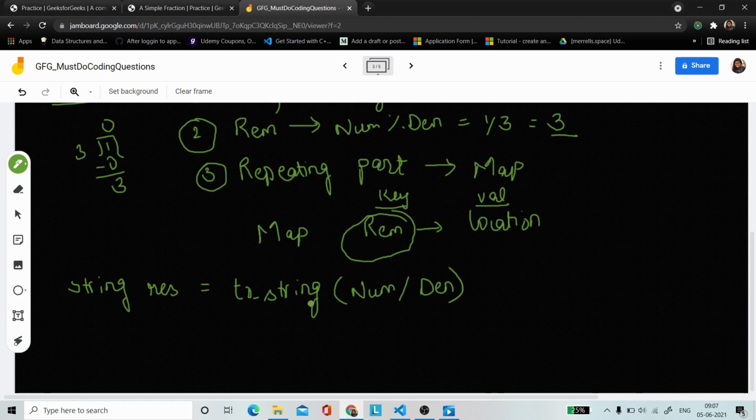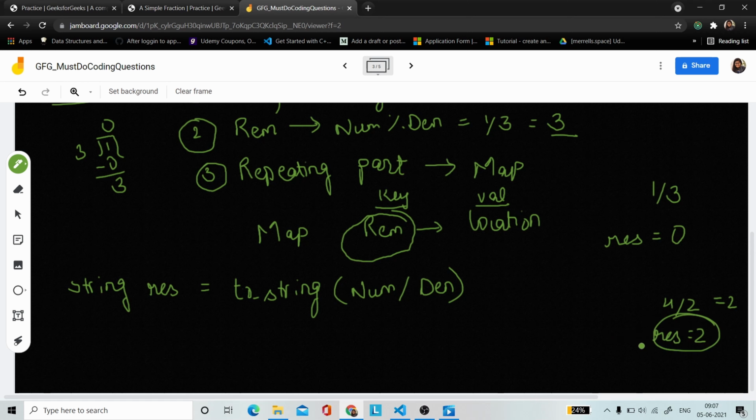Now this res, if I am dealing with the test case of 1 by 3, is storing 0, right? Then you can check if the remainder is 0, like if there is no remainder. For example, if the numerator is 4 and the denominator is 2, then it will simply give you 2, right? There is no remainder, so in that case you will just return that res equal to 2.